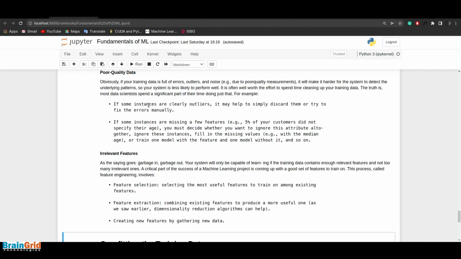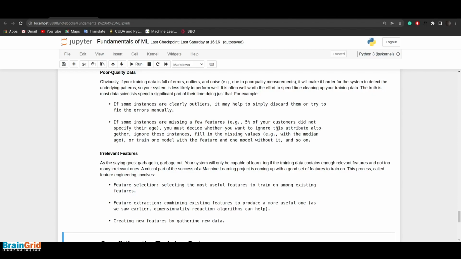So what we do, if there are some instances that are clearly outliers, it may help to simply discard them or try to fix these errors manually. Try to understand why we even got that outlier in the first place, right? That makes more sense. And in some instances, if there are features missing, for example,